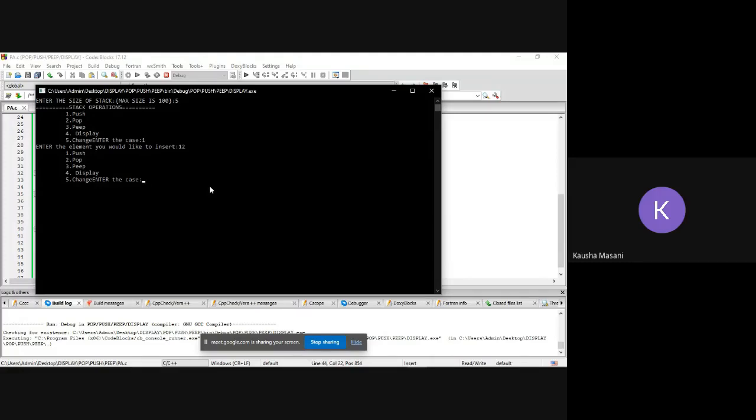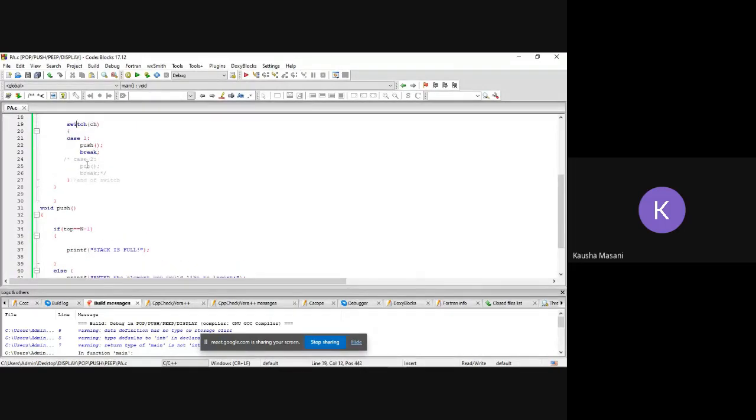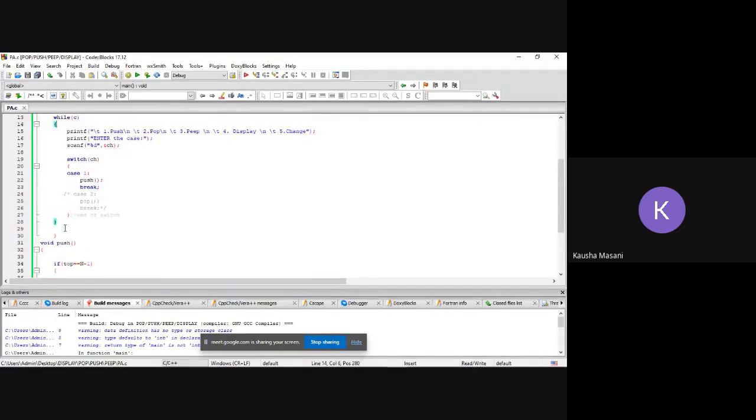It is going to go in an endless loop because you have not mentioned what to do with C after the end of switch. After the end of switch, you have to ask your user if he or she wants to continue or not. So do mention that, okay?